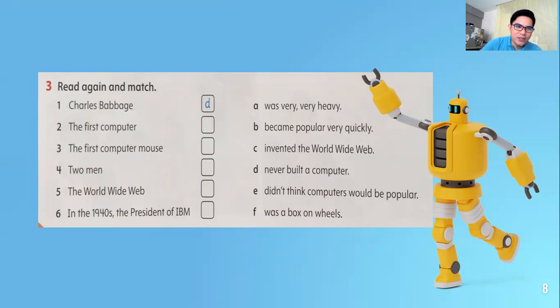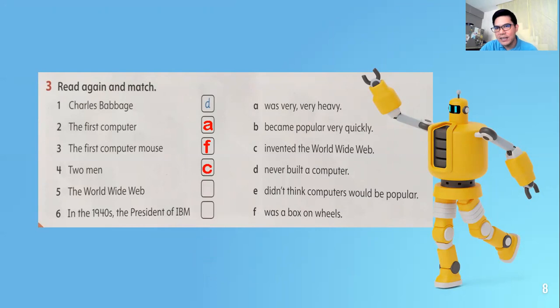Ready? Number 2, the first computer was very, very heavy. That's letter A. Number 3, the first computer mouse was a box on wheels. That's letter F. 2 men invented the World Wide Web.